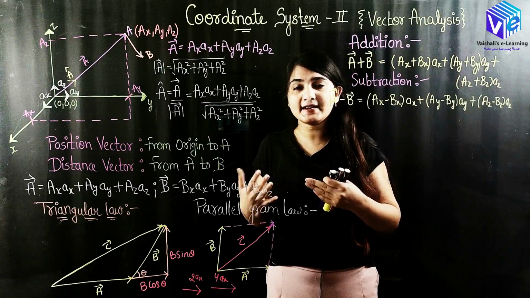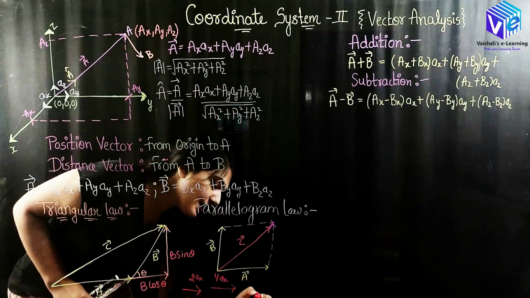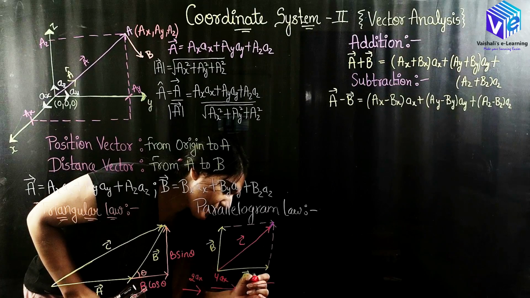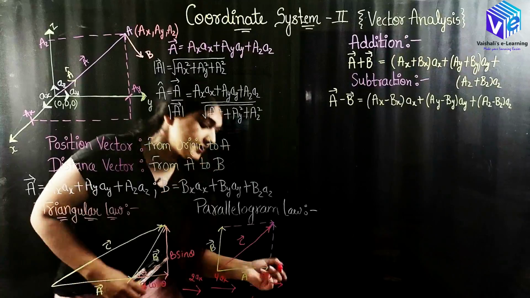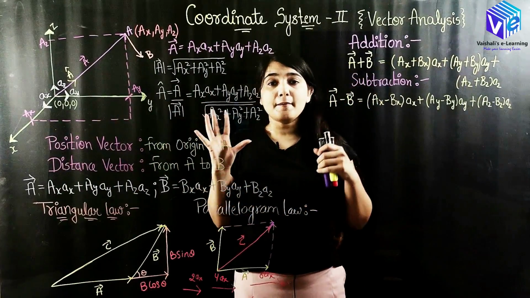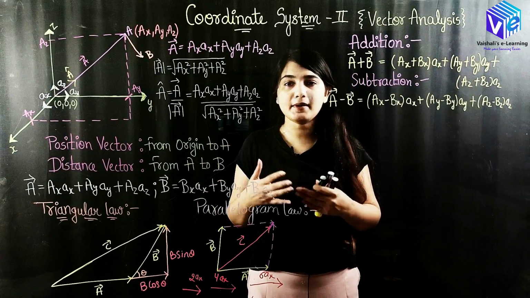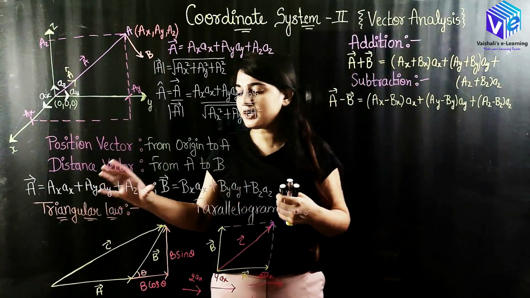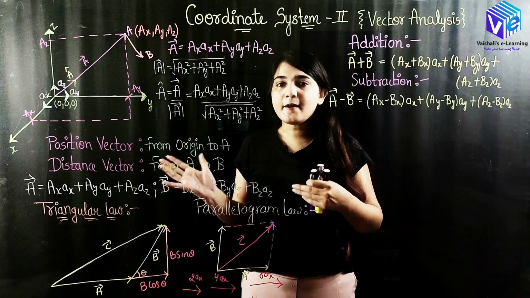What is represented by minus? It means the negative direction. So the subtraction output will be in this direction. Okay, so this 2 ax represents the subtraction component and this 6 ax represents the addition component. So this is how I can easily find the vector addition. But here we are only considering that the two vectors are in the same direction, but it may not be possible every time. So then what can we do? We can use the triangular law or the parallelogram law. We can use any one of them depending upon the type of vector.